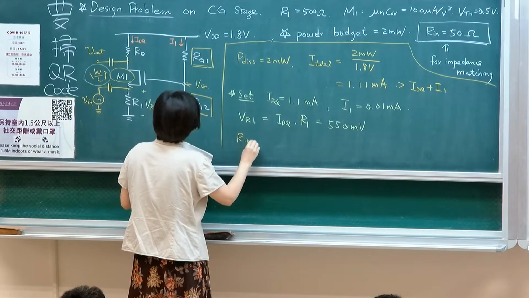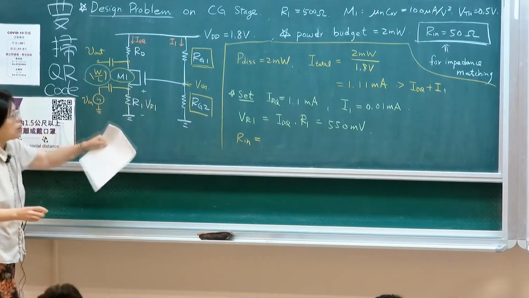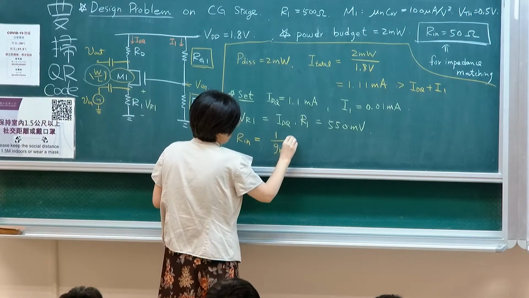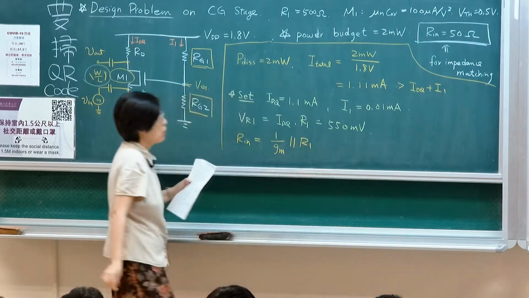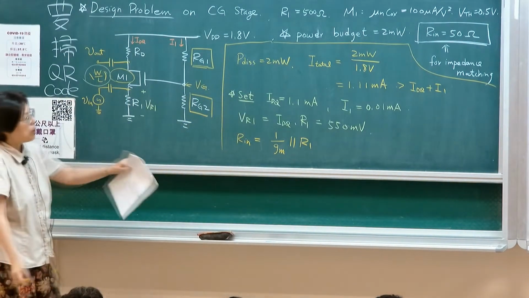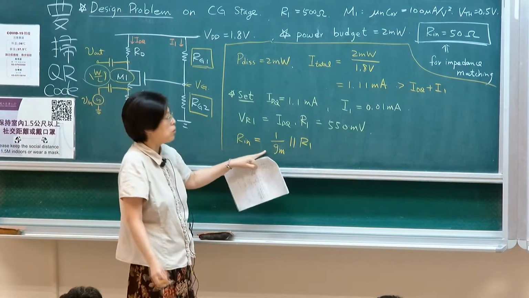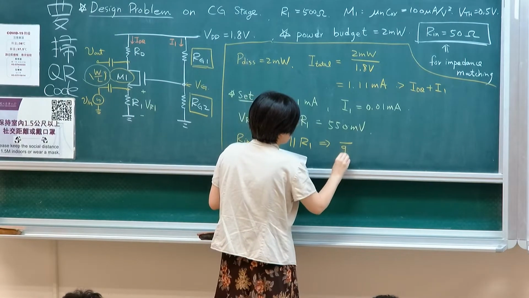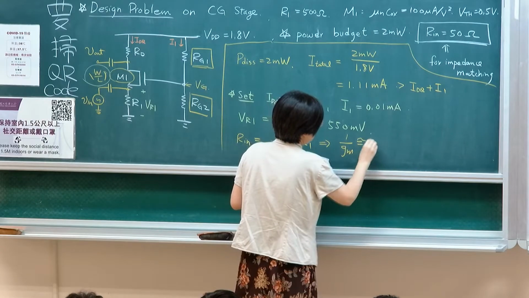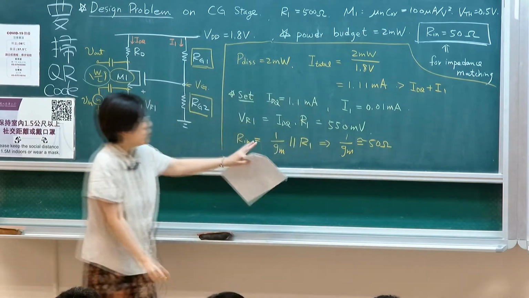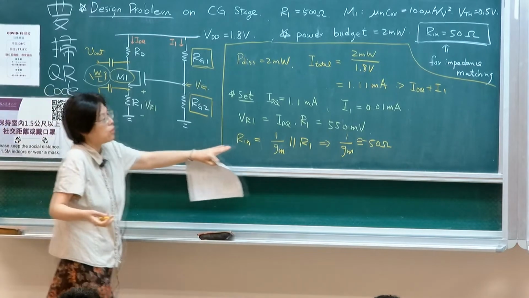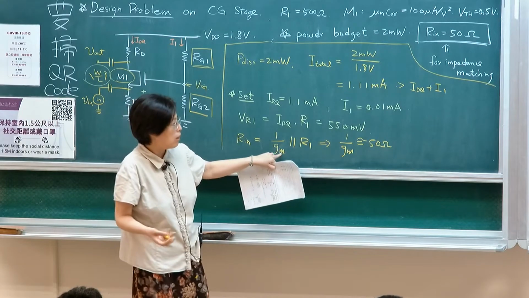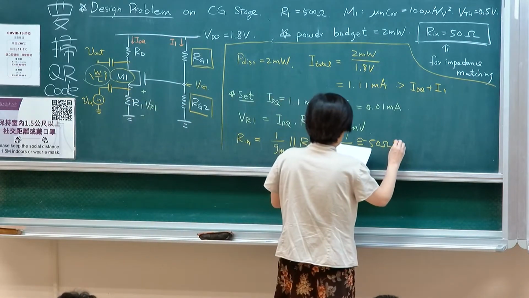Because Rin, in this case, if you're looking in from here, is 1 over GM in parallel with R1, right? You can include R1 or not, but it's approximately 50, very close to 50, maybe a 10% difference. You can make it more accurate. I'm just assuming that R1 will be much, much larger, so 1 over GM will be the dominant resistance. Therefore,